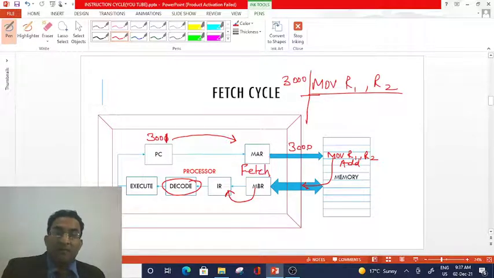Again, the add instruction will be fetched from the memory, so this value of PC will be transferred to the MAR. We will reach the location number 3001. From this 3001, add will go from the data bus into the MBR. MBR will transfer it to the IR. Then decoding will take place, and then execution.